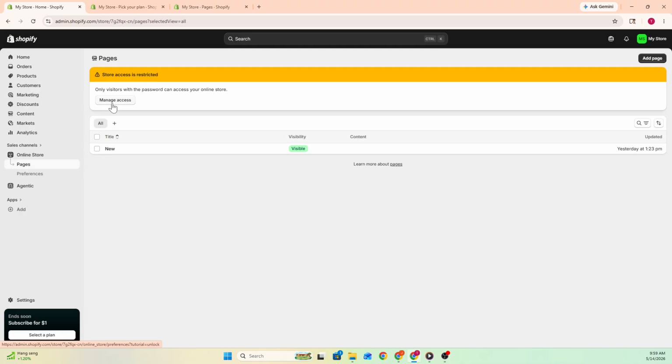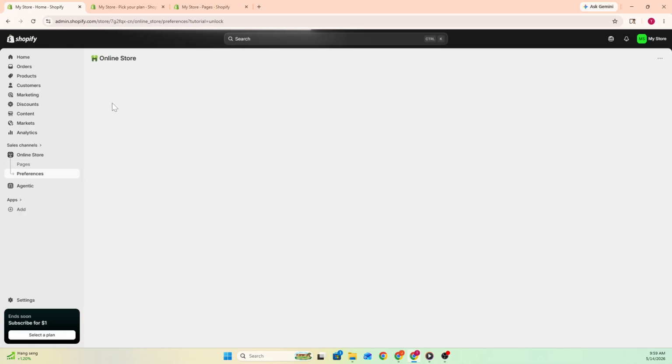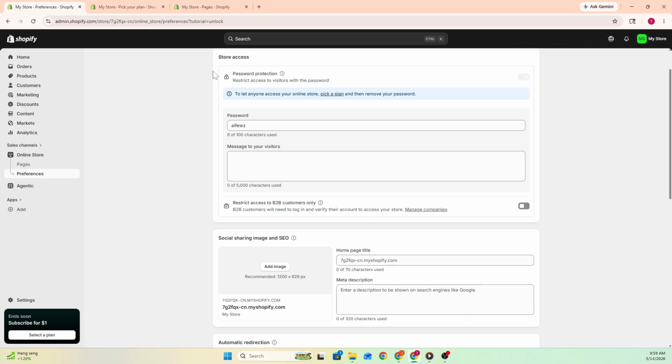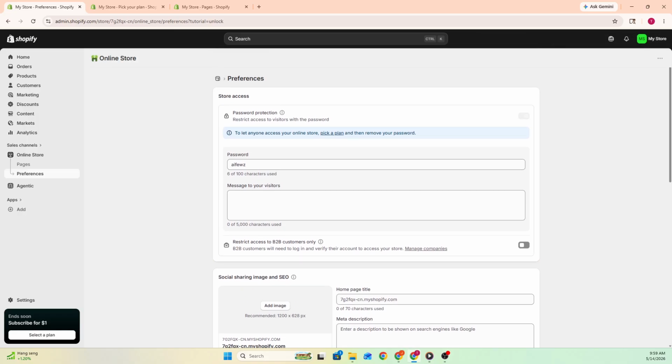To continue managing these settings, select the option labeled Manage Access. Once this section opens, Shopify will display the password currently connected to the storefront. Anyone who has this password can enter the store while password protection remains enabled. This can be helpful if you want to share temporary access with team members, clients, or selected visitors before launching publicly. As you continue through the settings, you may also notice information explaining that full public visibility depends on having